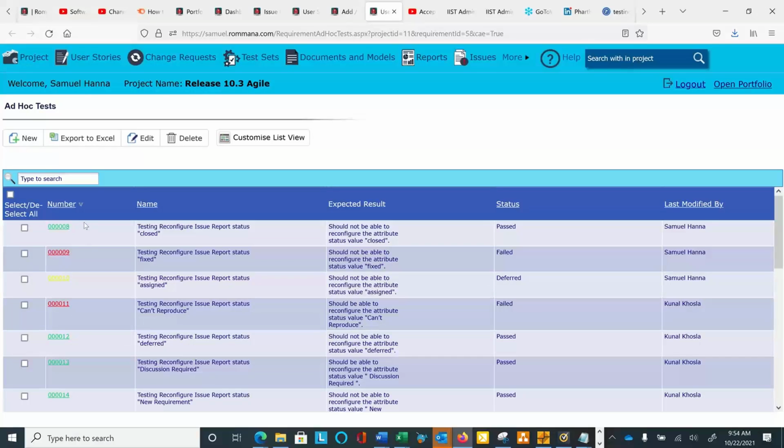And by the way, you have full control over those colors because you can customize the color of anything, and you customize also the status, because you may not have a status called deferred in your project, which is fine. Typically people have passed or failed, but in this project, the test manager filtered that. Some test cases would be deferred for whatever reason, and if I were to open this ad hoc test here,